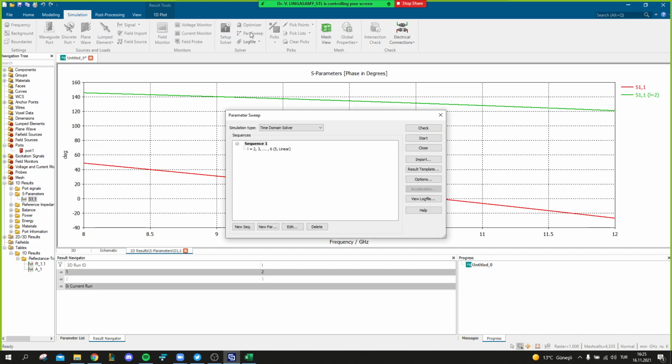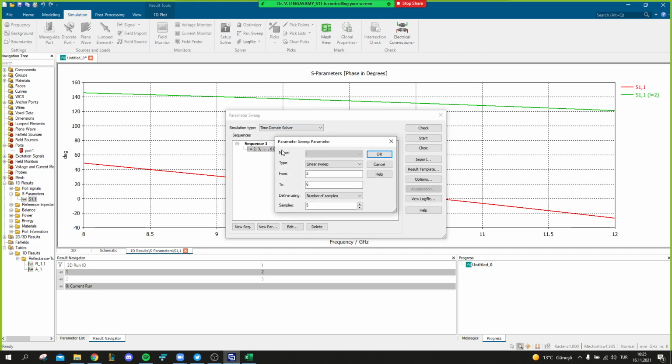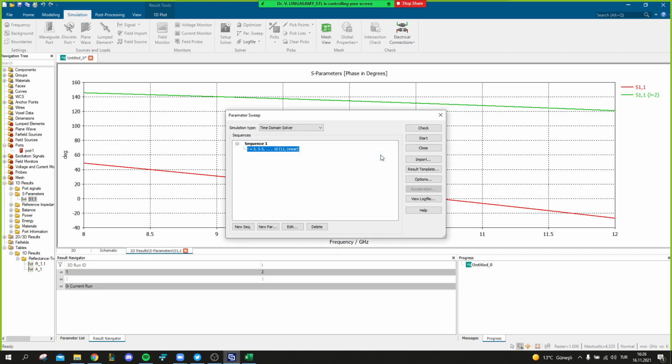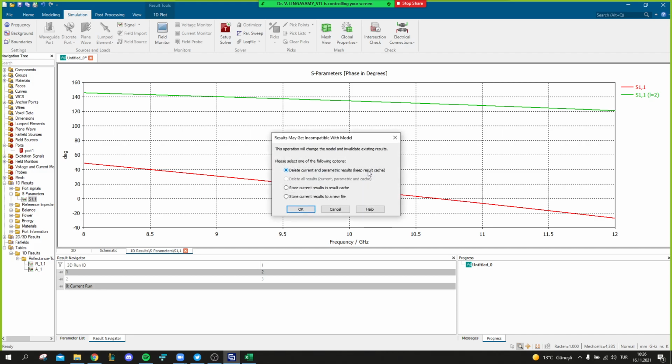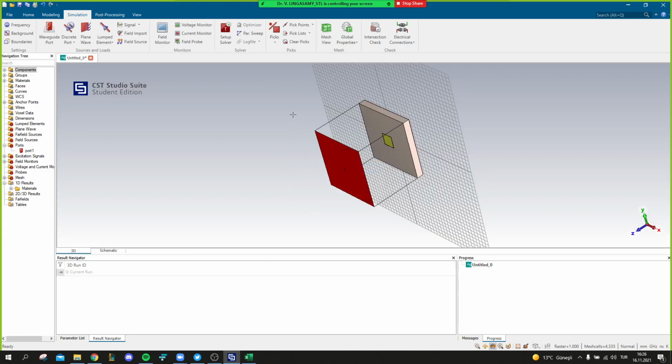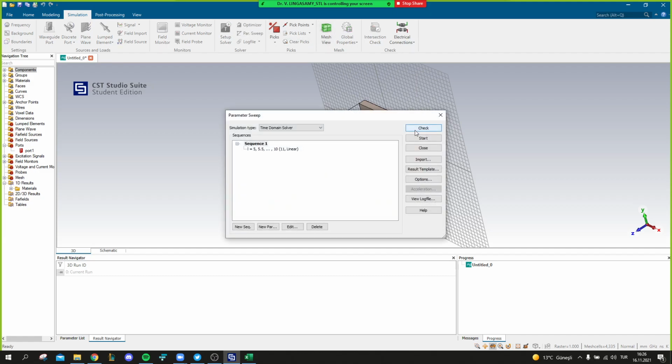Okay, so now we are here. We will go with, for example, 5 to 10, and give a step of 0.5, so that I can show you the results basically. Maybe we have to wait 5 minutes, I think.